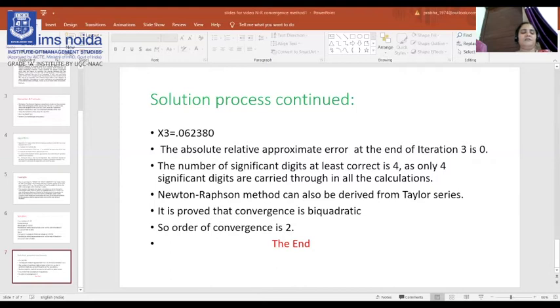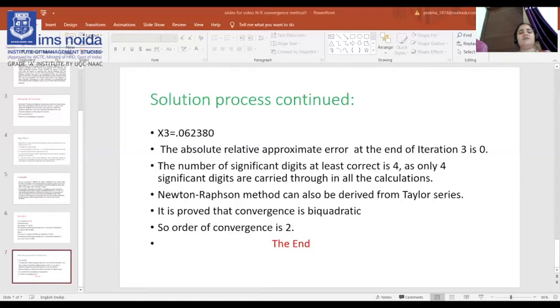So the same problem, like the commode problem, and how they are adjusting to the function, that is also given. Now this is the function f(x) equal to x cube minus 0.165 x square plus 3.993 into 10 to the power minus 4. So this is the example, and f dash x will be 3x square minus 0.330x plus 0. This is the continuation of the example.